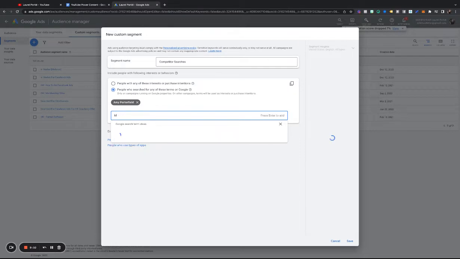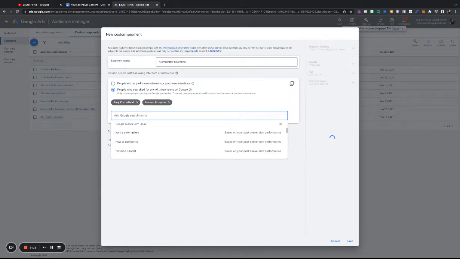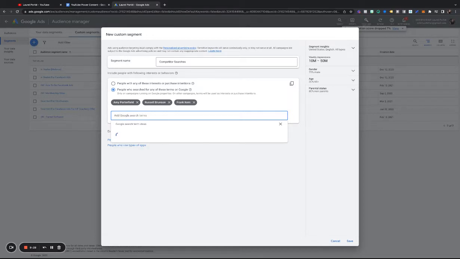Okay. I'm going to put Russell Brunson. So this means I am building a custom intent audience of people who are searching for Amy Porterfield or searching for Russell Brunson or searching for Frank Kern, Dan Henry, Rachel